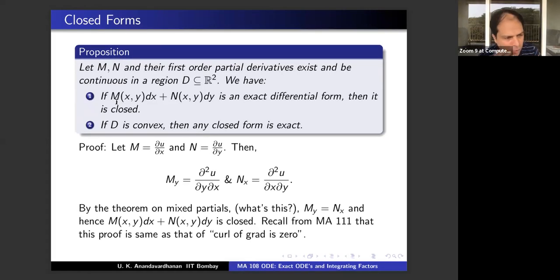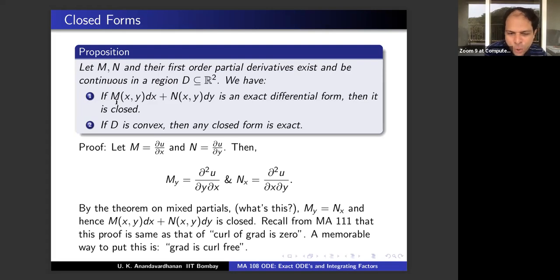Sometimes I like plain English, like a slogan, so that it is easy to remember. So I will say grad instead of gradient, because then, like a poem, you can recite it. Curl of grad is 0. What this means is, if something is a gradient, then its curl is 0. A more memorable way to put this is: grad is curl free. It has no curl, meaning curl is 0. I prefer this sentence, though it's not mathematical. It is plain English. Grad is curl free. You agree?